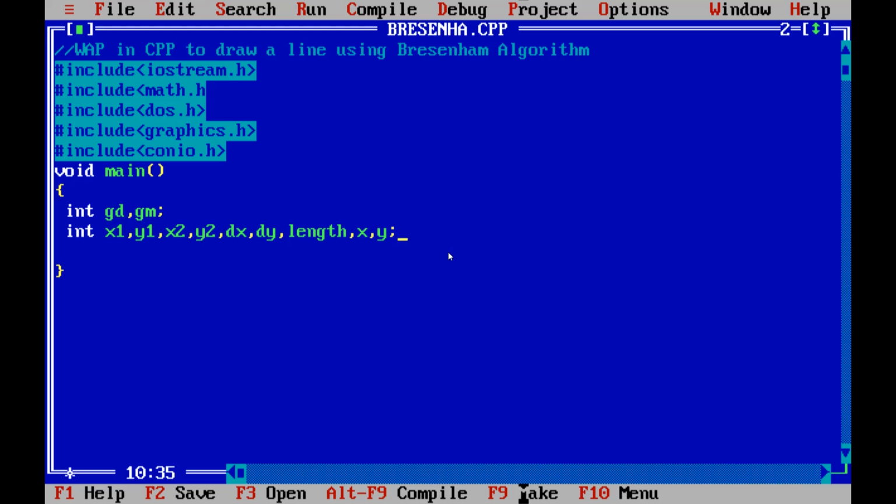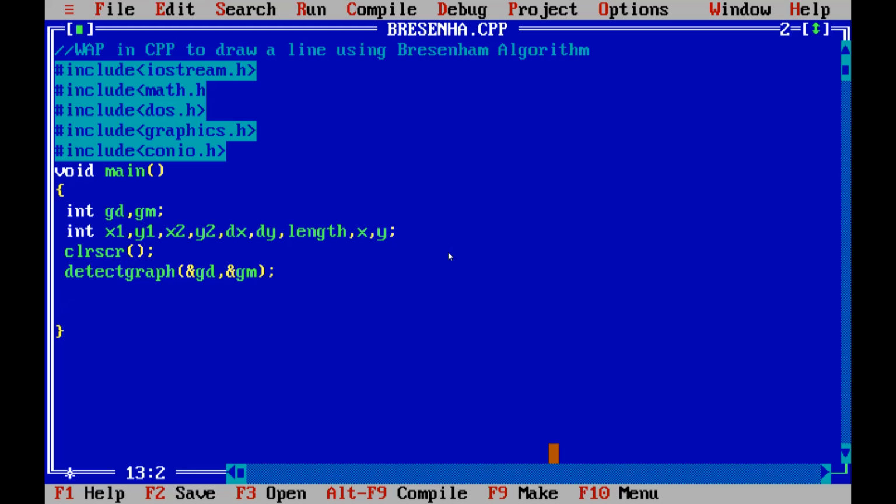The next step is clrscr. Before we run the program, we have to clear our screen before drawing a line. Then we write the graphics part of the program. We write detectgraph, that is, we detect the graph by getting the values of gd and gm.